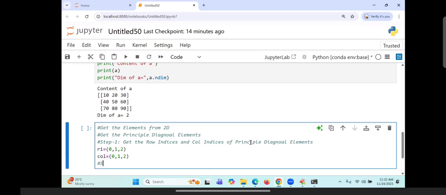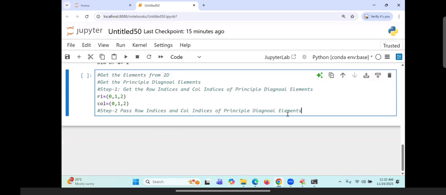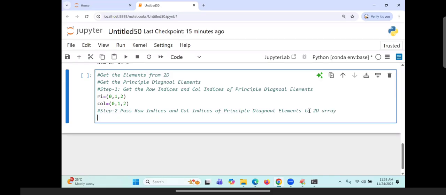Step number 2 is called what? Pass the row indices and column indices of the principal diagonal elements to whom? To the ndarray, the 2D array. It's nothing but an ndarray only. So there I am writing step number 2, A of